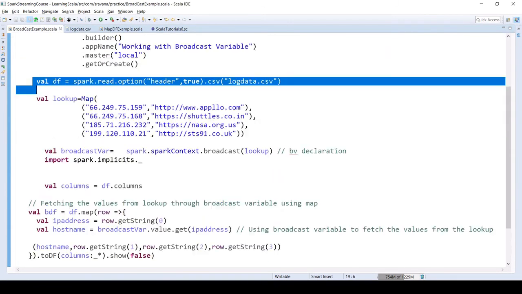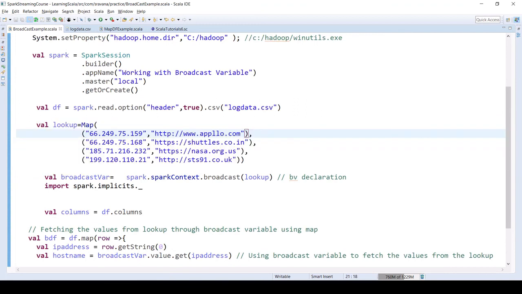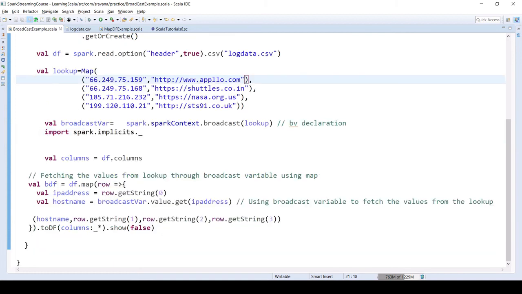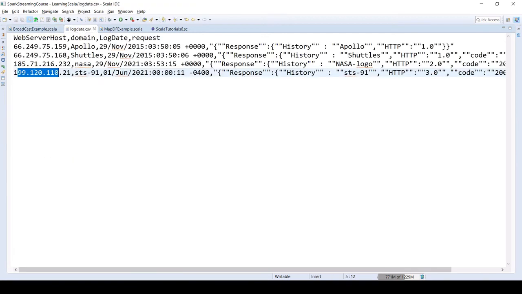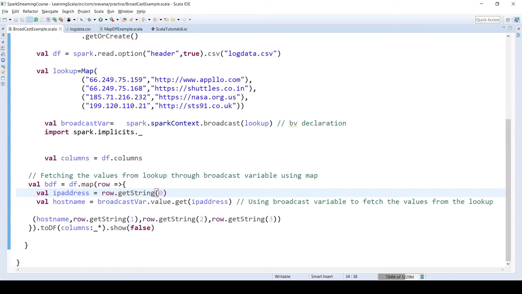And here usually maps are very small tables, right? Lookup tables. So most of the cases we will broadcast it. What is the broadcast variable and all, you can see it in the previous videos. I will give it in the I button. Please go through that. Okay, and if you see here, we are saying that in the df.map, for each row, get the IP address. IP address means this one, which is there in the first column. So get string of 0, which is the first column, and host name get from the broadcast variable, means this is the value.